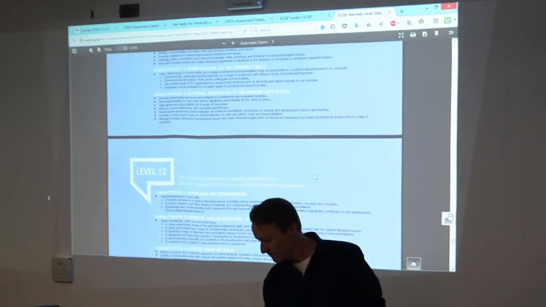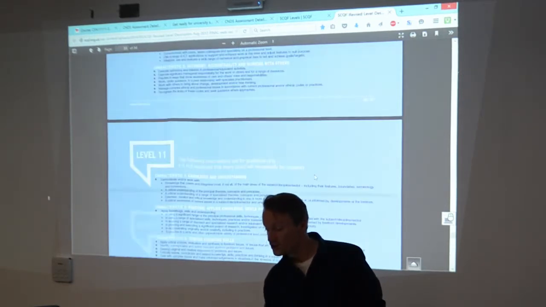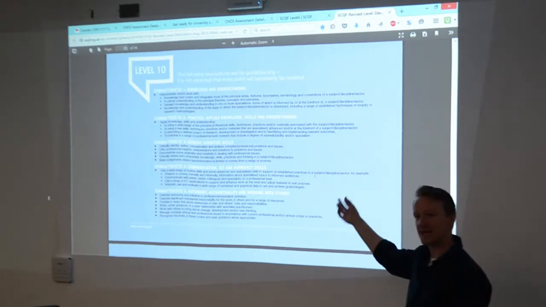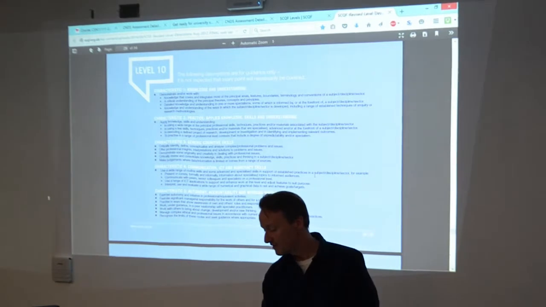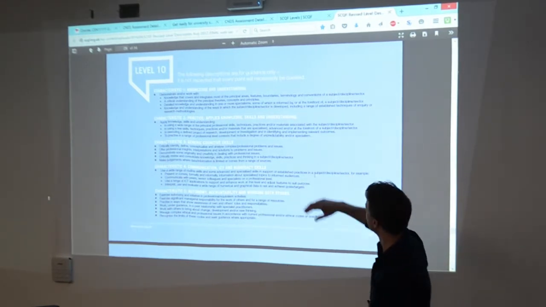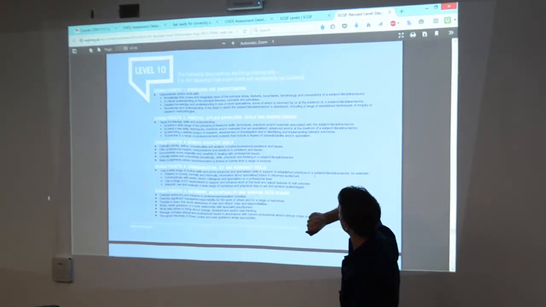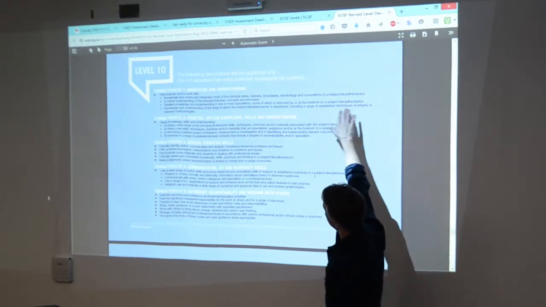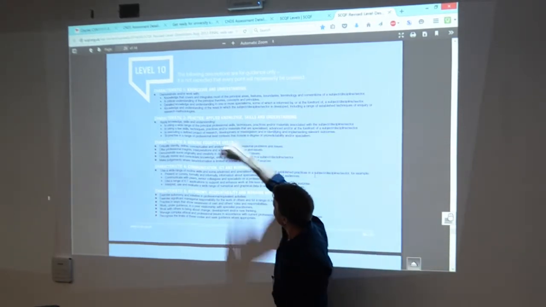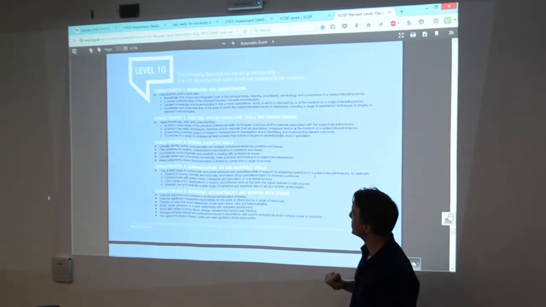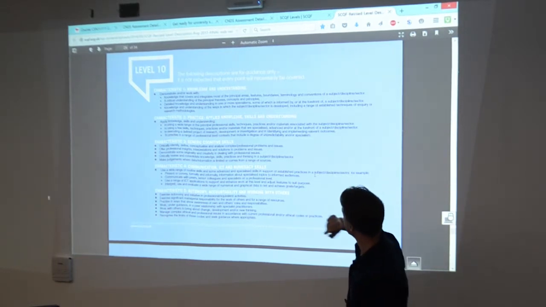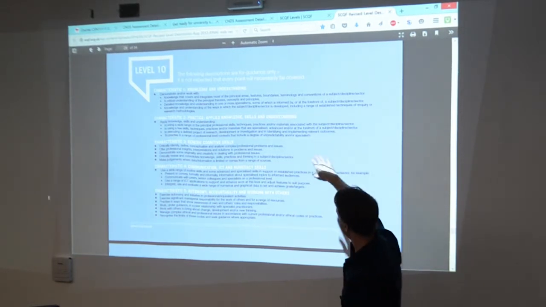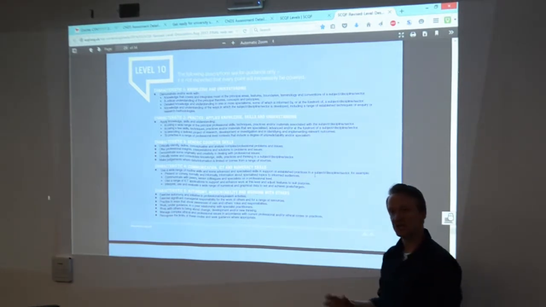So if we go up to level 11 and have a look at those ones, you can compare and contrast is really what I'm saying. If you look at level 10 and level 12, you can see what the differences are. Okay, and if you come from undergrad, some of you guys have, you can see hopefully the difference goes from level 10, where we're looking at specialising in subjects, understanding of more specialisms that you did at level 9, and specific research methods and such, and applying things. So it's kind of specialising in subject areas.